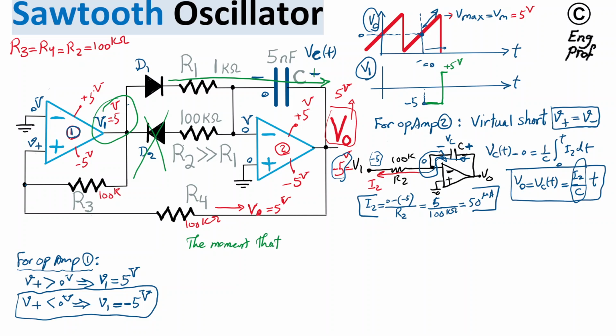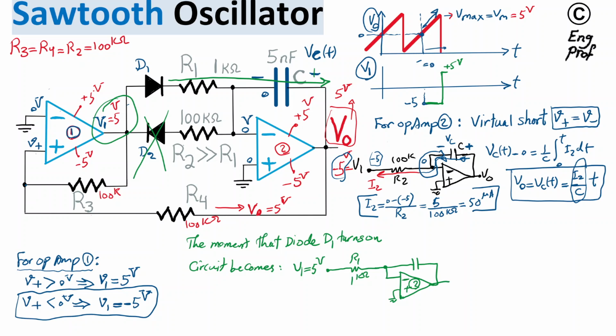that diode D1 turns on, circuit looks like this. Alright, so we have V1 equal to 5 volt connected to resistor R1 now of 1 kilo ohm as is shown, and then we have connection to negative terminal of op-amp 1, op-amp 2, and then we have the cap C 5 nanofarad, and again the definition of voltage of cap is like this,